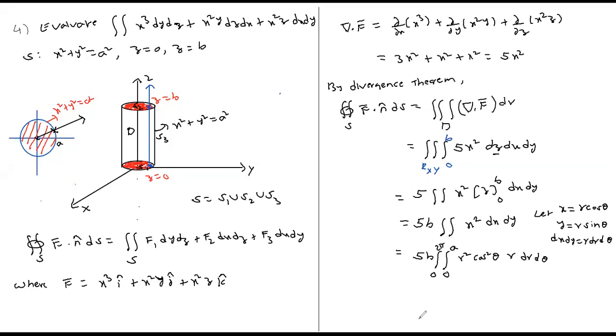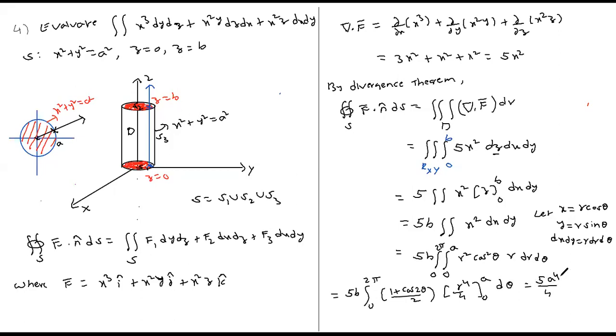Is that okay? So then this is a usual integration. So this is 5b into r square into r, which is r cube. So 0 to 2 pi cos square theta, I can write it as (1 plus cos 2 theta) by 2, and r square into r is r cube. R cube integration is r power 4 by 4 with the limits from 0 to a, d theta. So the upper limit is a power 4 by 4. So this is 5a power 4 by 4